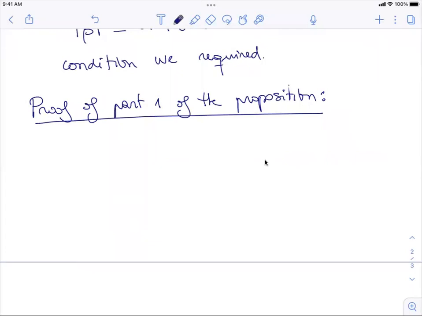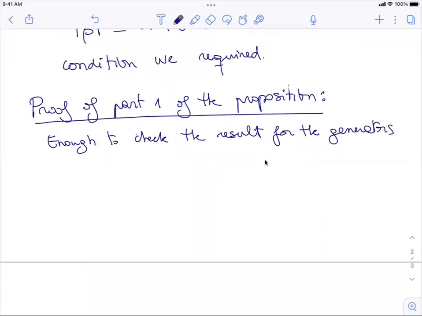Remember, we found in last class that the set of Mobius transforms is a group, and it is generated by just a few transformations. So it's enough to check the result for the generators of the group of Mobius transforms,